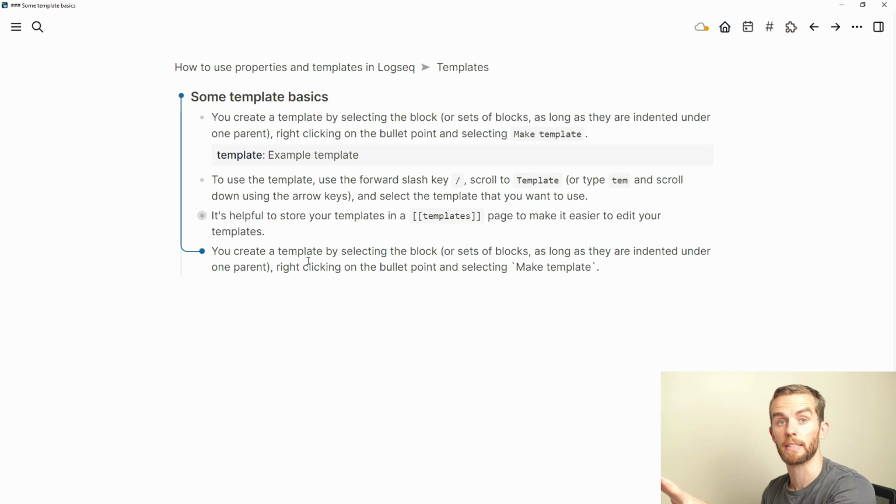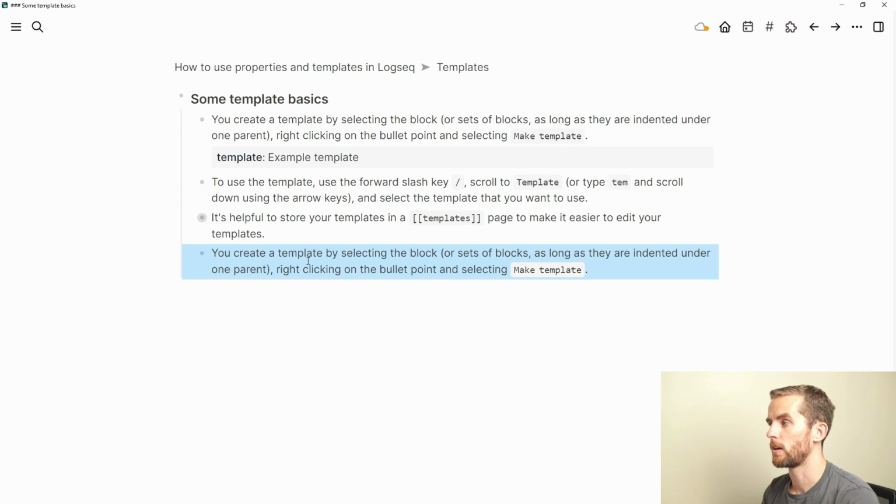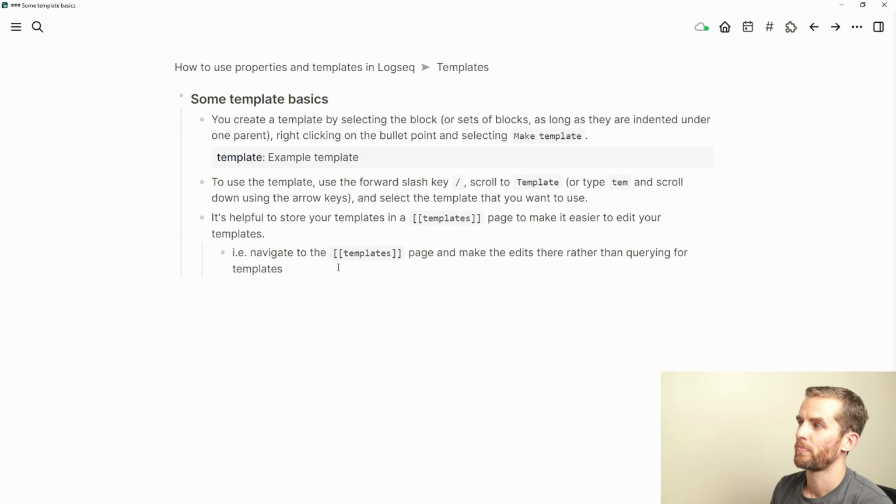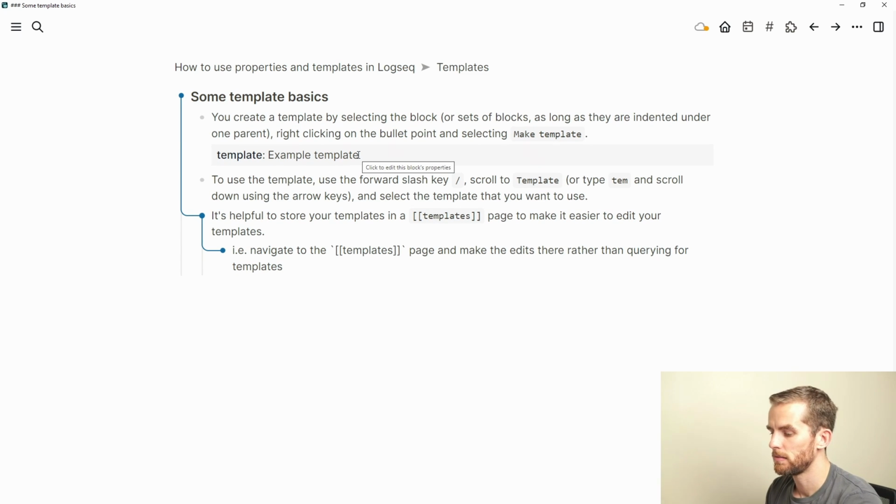Now obviously this is just a single block, but you have a lot of other templates, or you can create a whole bunch of blocks in a single template, and I'll get to the example now. This is just my own tip over here. It's helpful to store the templates in a templates page to make it easier to edit your templates later down the line. Okay, so this template over here currently lives in this how to use properties and templates in Logseq